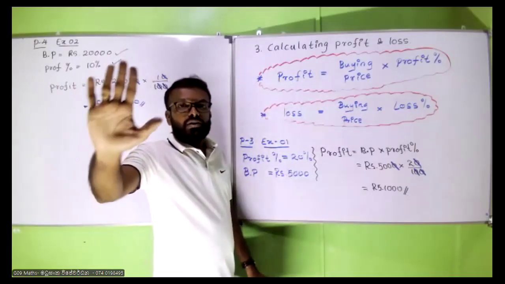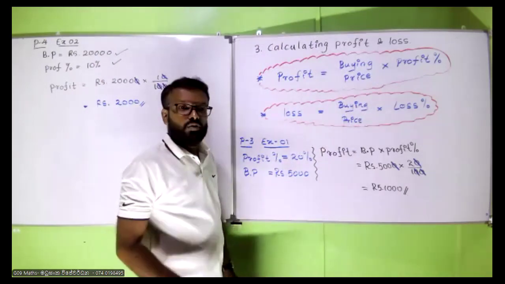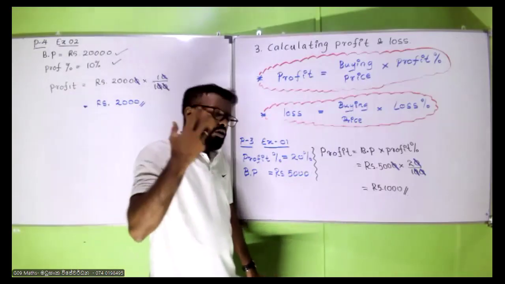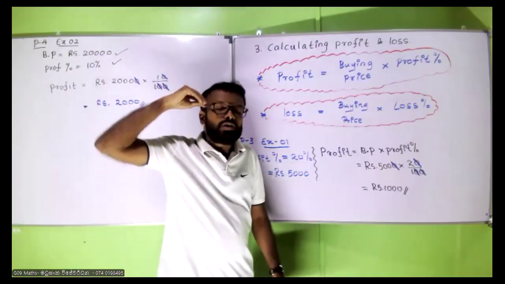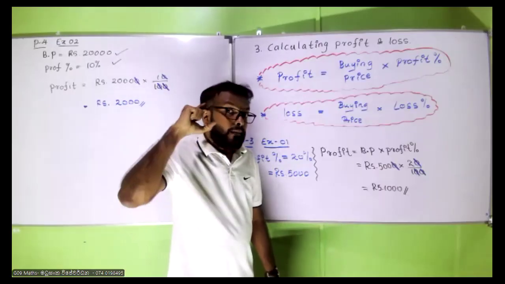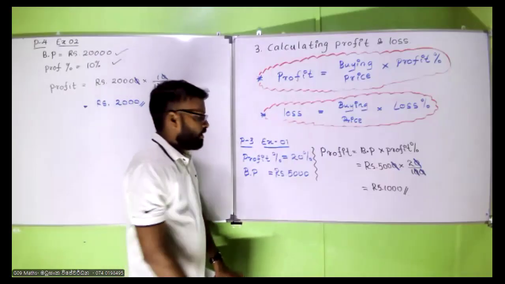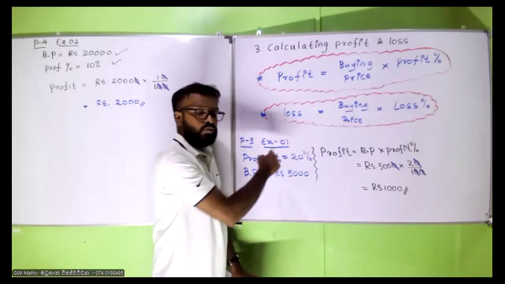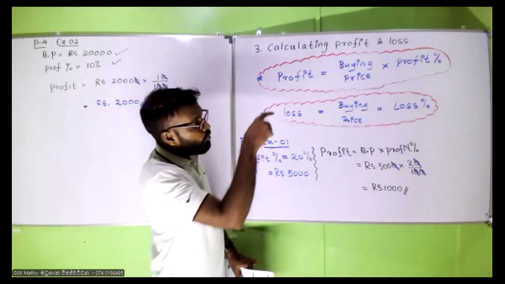Now think, you forget this equation. You are trying to remember it, but it won't come to your mind. But you know the meaning of 20%. Profit percentage of 20% means 20 divided by 100. For each and every 100 rupees, you are going to keep 20 rupees.